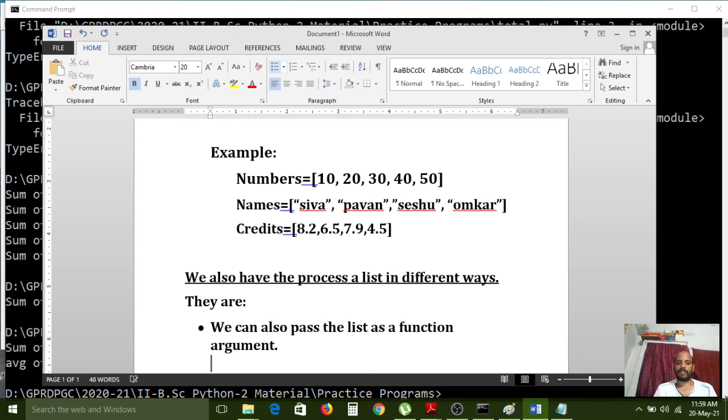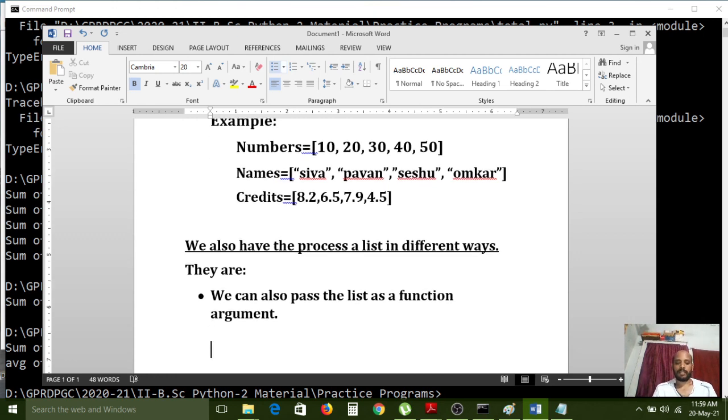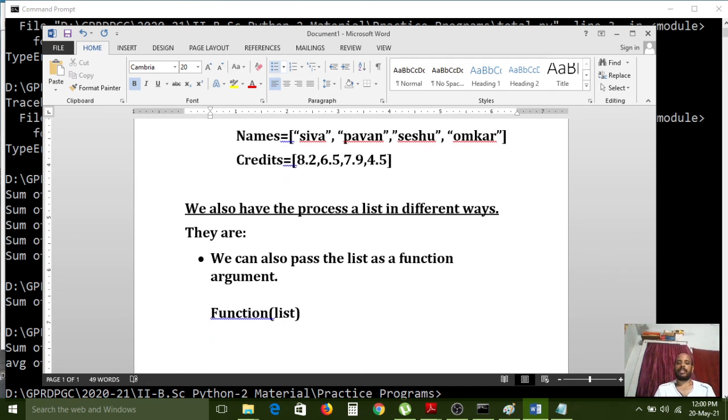Actually, how can we call a function? By using the function name. If you want to call this function, if you have the function-related logic in the code, then it will execute. So in between these two brackets, the list we can pass as an argument. Here in between brackets, whatever value you pass is called an argument. So we can also pass the list as an argument while developing the code, and also we can expect a return value of a list of values. For that, in the code we can use a return statement with a list.